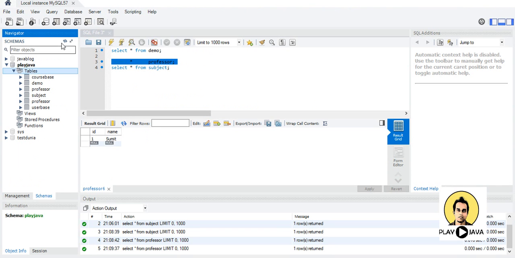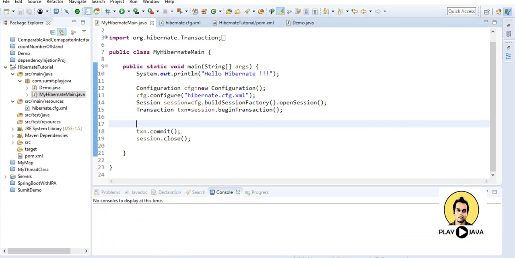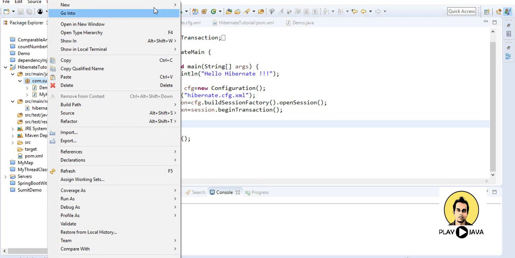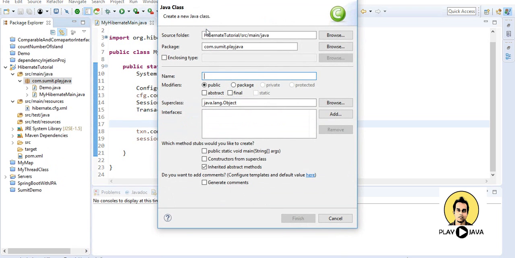So when we go for mapping in Hibernate from one class to another class, we will have to do certain tasks. For that, what we need to do is provide two classes as entity classes, and then we will do the mapping there. So let me create two classes. One is for professor and the other is for subject. That is, one professor will teach one subject by type of subject. So we will do the mapping for professor and subject.